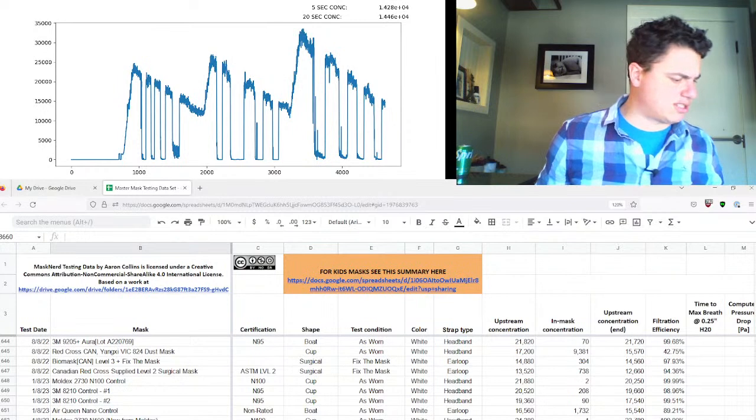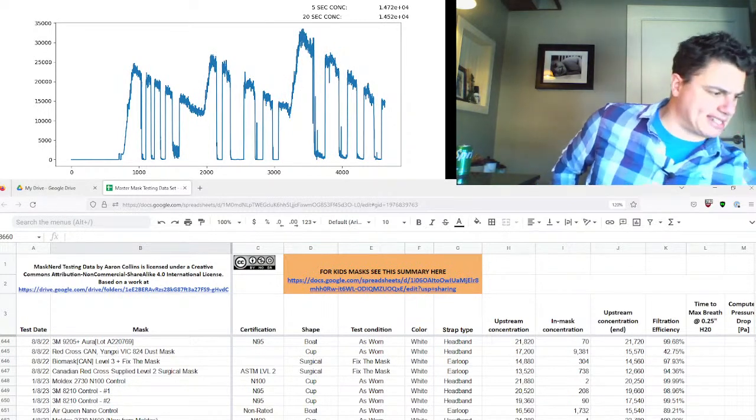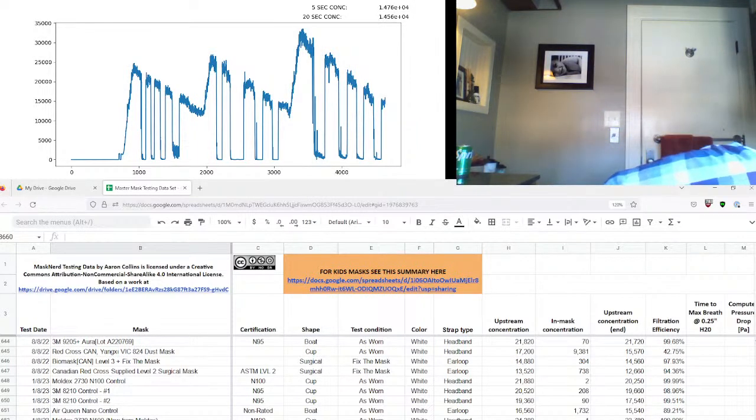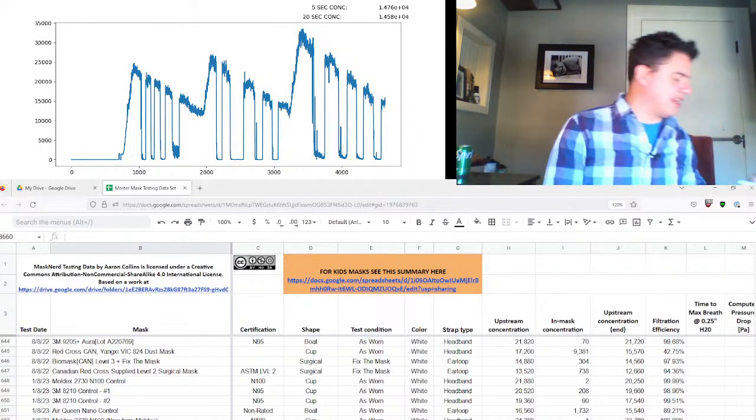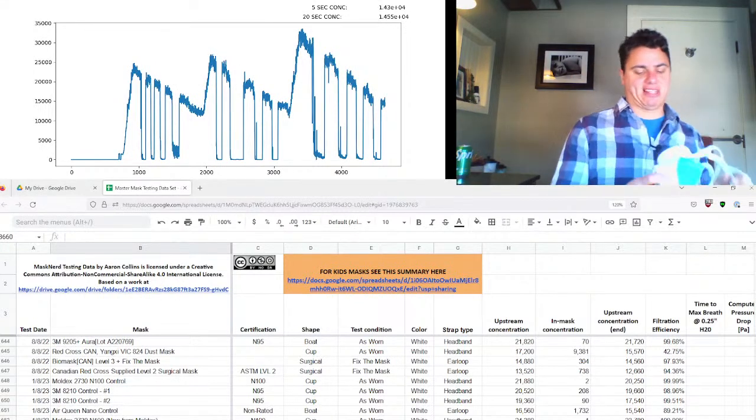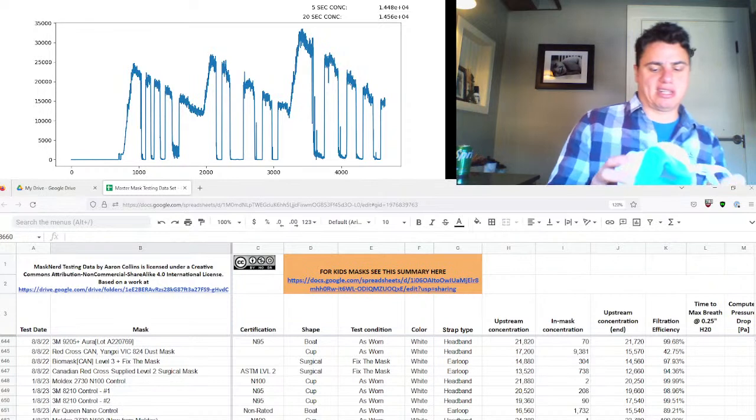All right, next up, let's do some elastomeric masks. I got some quarter or half mask elastomerics here, and they were just sent to me. I'm not a big fan of the elastomerics, especially one like this. I feel like they're too clunky. So we're gonna test the Air,